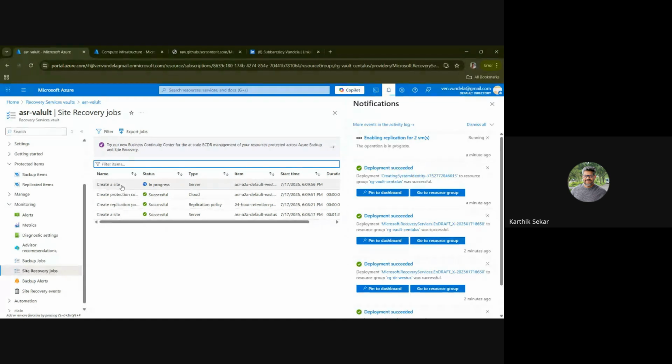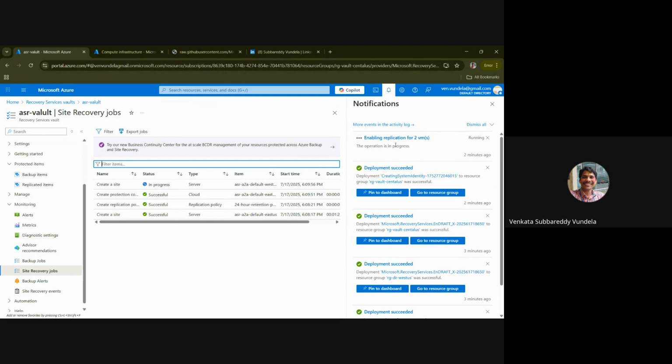Venkata, maybe I can show my screen, as we already prepared the recovery replication. Yes, Karthik, I want to show that after this. Considering the time, once you enable the replication, ASR is going to register the mobility service with all the virtual machines, then start syncing the replication. Since we already created virtual machines and enabled the replication the same way, it may take 30 minutes to replicate. So to save time, we created another setup.